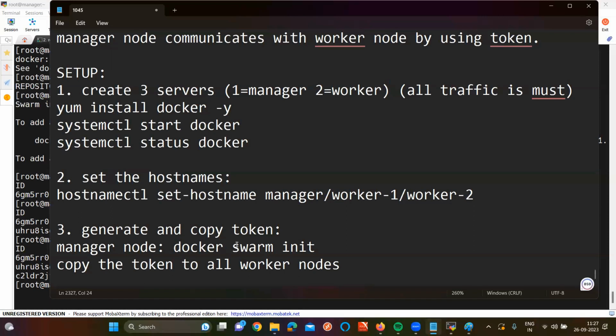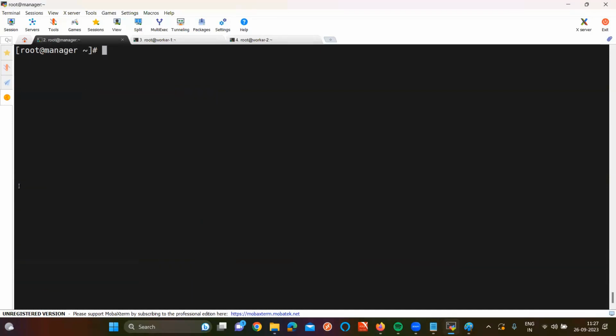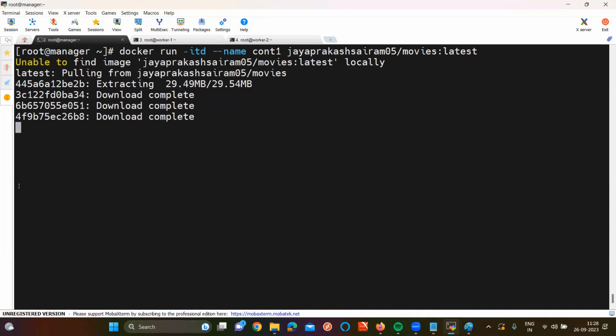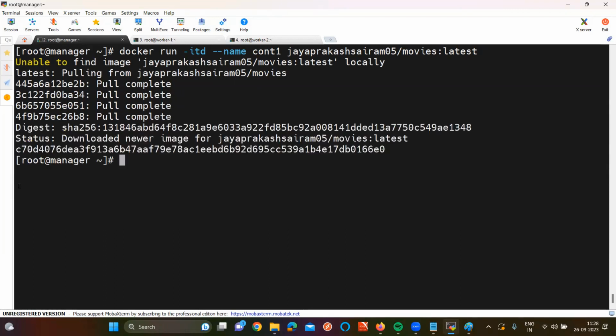But sir, here we are not going to create containers. If I create the container, it is not going to replicate. If you want me to show, let me show you. Image I am taking is the movies image, tag is latest. Have I created the container or not, sir? First of all, the image is not on my local. Is it pulling from Docker Hub or not? Now the container is created. If I go to worker node 1,